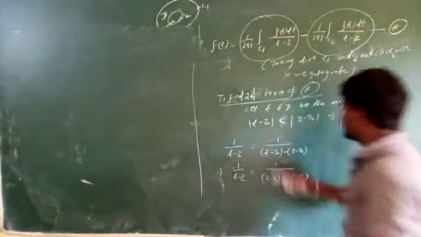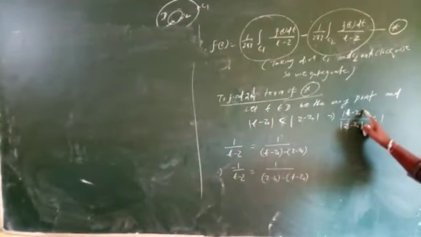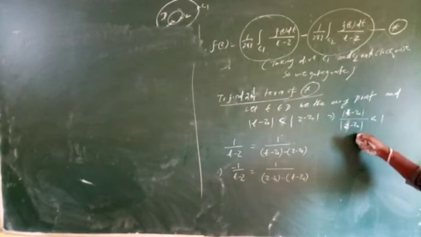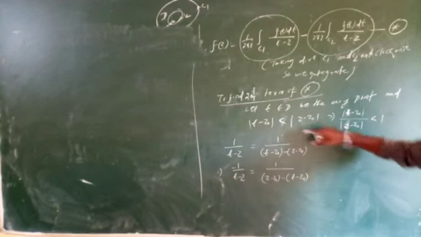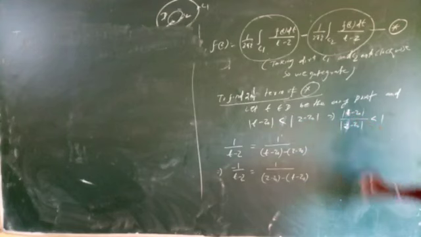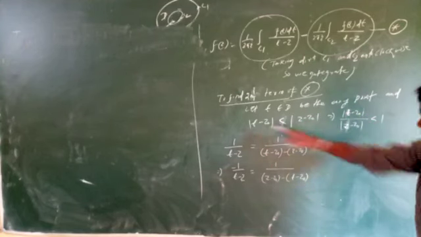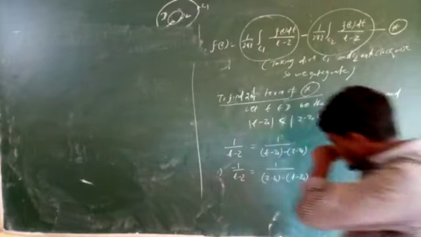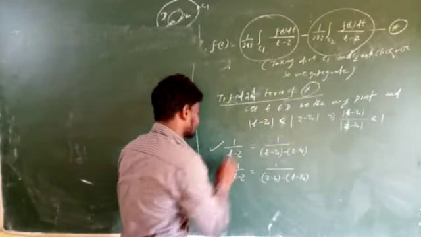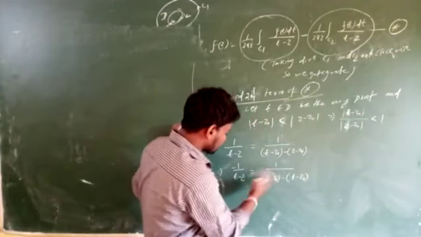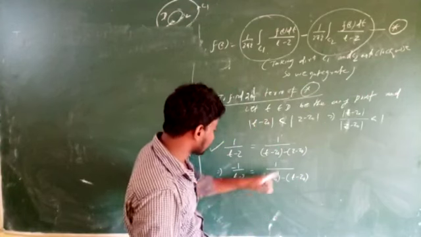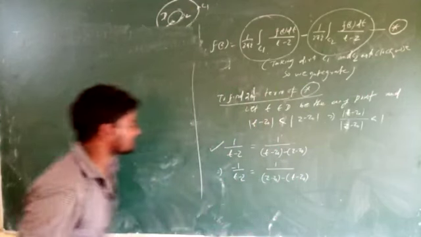Then what do you find? |t − z0| / |z − z0| is less than 1. In the previous step we have to write this equal to this. Taking the negative sign, we find 1 / ((z − z0) − (t − z0)).